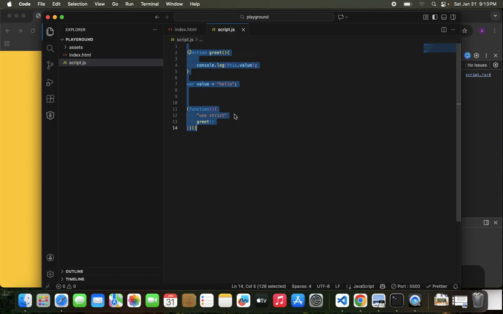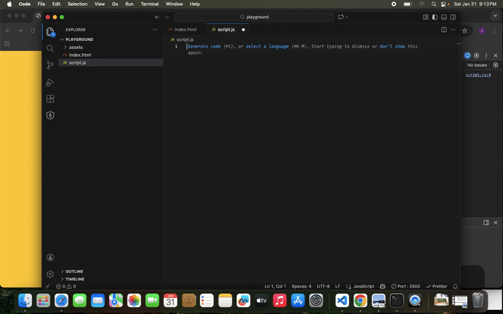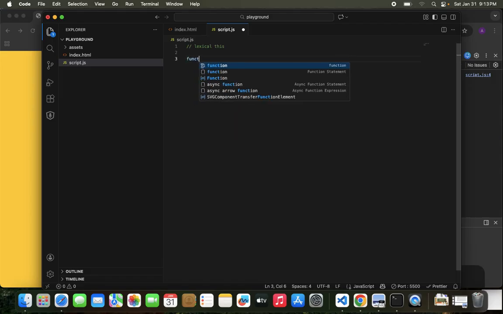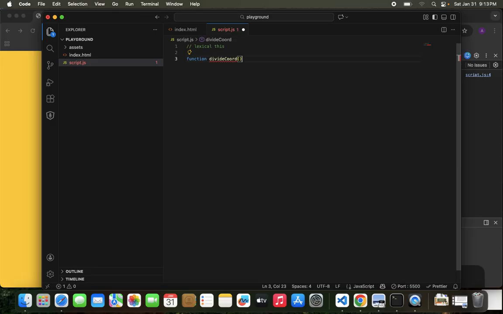We could have lexical this. Lexical this. Okay. How do we go about lexical this? Let me cite an example. If you have a function, okay? So you have a function, for instance. I don't know, what should I call this function? Let me call this function divideCoordinates, okay? And then inside here, I say